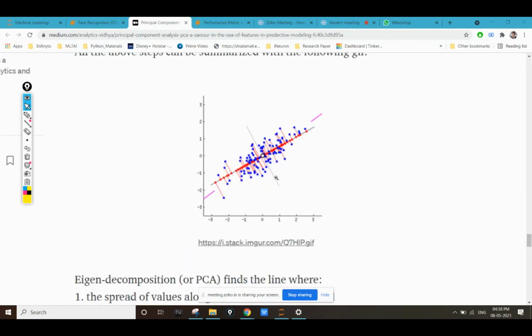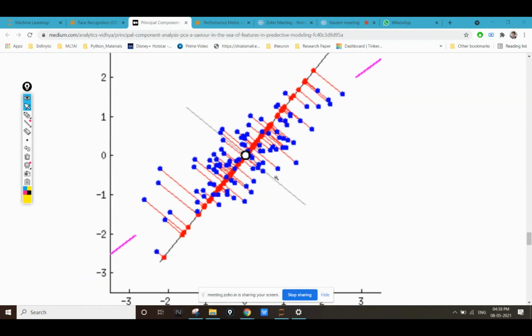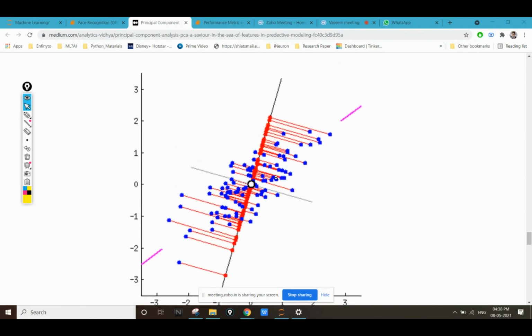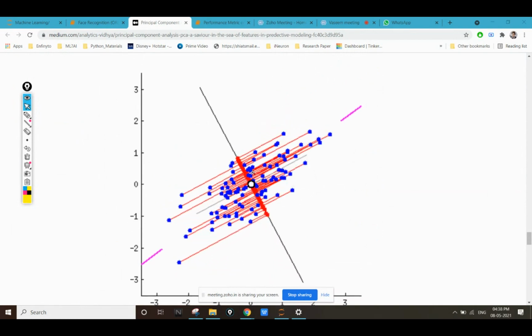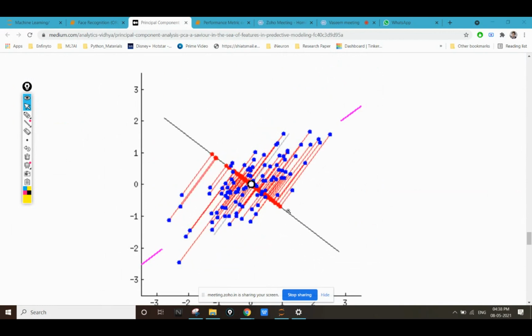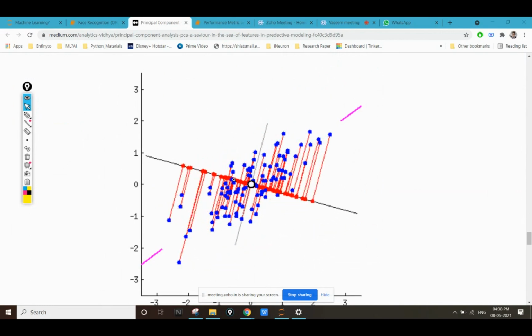Now see this figure. You all can see this figure. These are my 2D points, and this black line is the best fit line which I have drawn. If I draw this best fit line in this way, you can have different features.